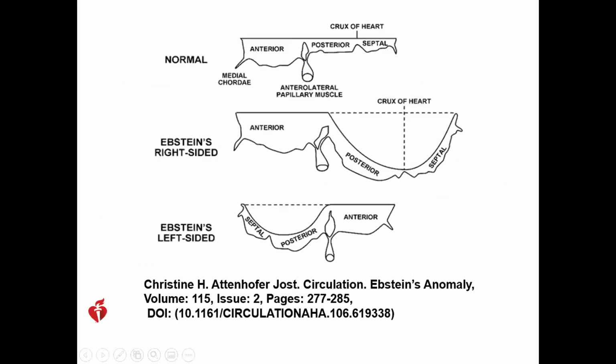So if you can see this one clearly, then look at the top one. If you open a normal tricuspid valve at the level of the crux of the heart, which is here, all the leaflets are attached in the same position. This is where we find the normal tricuspid valve annulus. All the attachments are there. Though the anterior may be bigger than the posterior and the septal, they are attached in the same way,